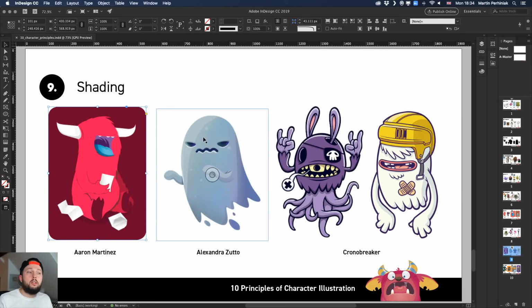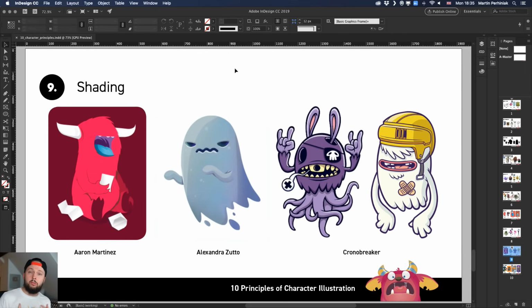But of course, if you go a bit more into gradient type of shading, where you have a transition from the lit to the shady parts of the character, that can again be a unique way and a bit more photorealistic rendering of a character. So they both serve the same purpose, but how you do your shading will set the style of the illustration. There are so many different techniques, and this is also something that I'm planning to go into more depth